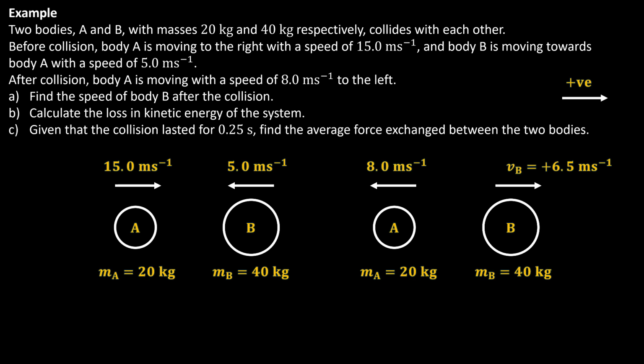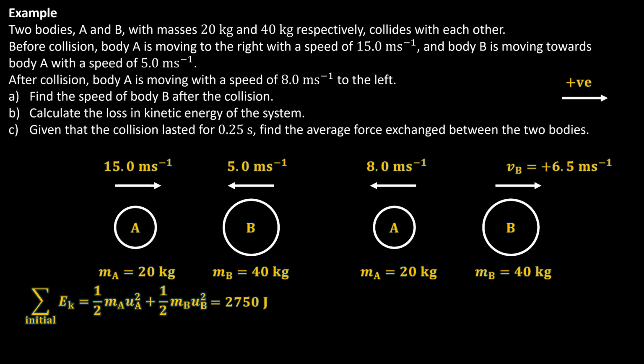So we start with the total kinetic energy before collision, which is written as half MA UA squared plus half MB UB squared. If we substitute the values, we should get the total kinetic energy of A and B before collision as